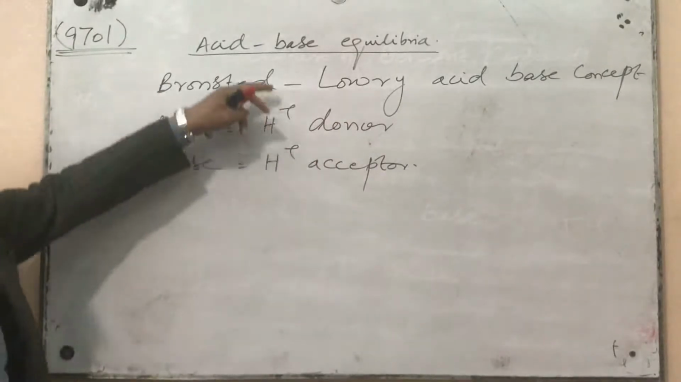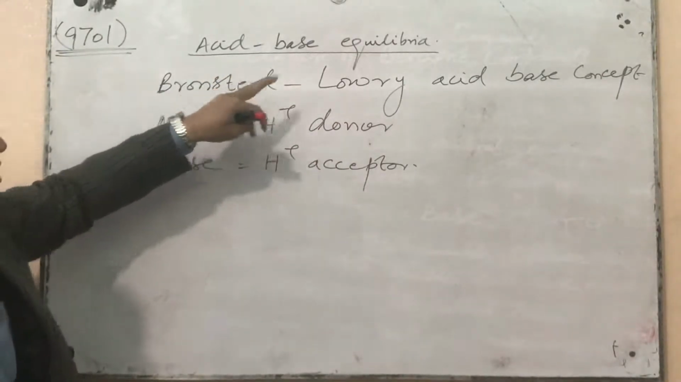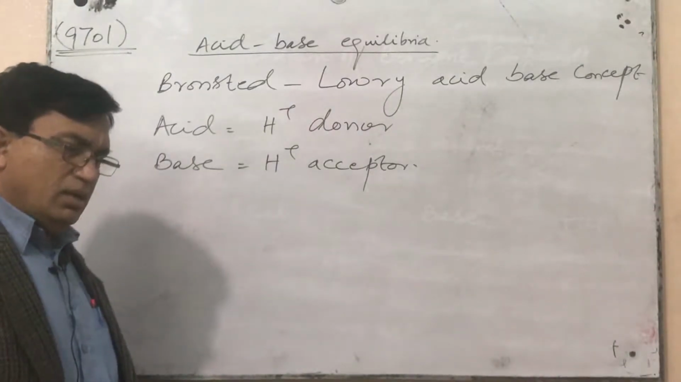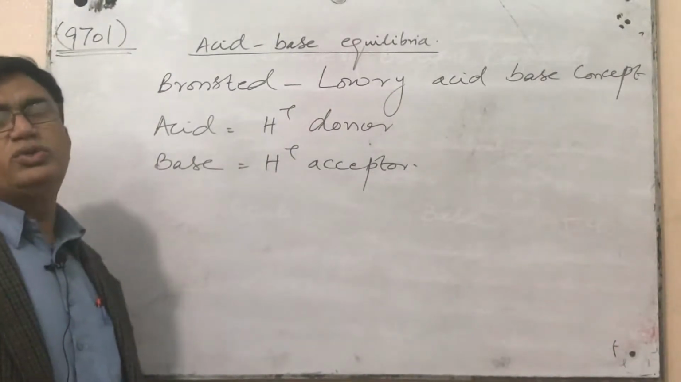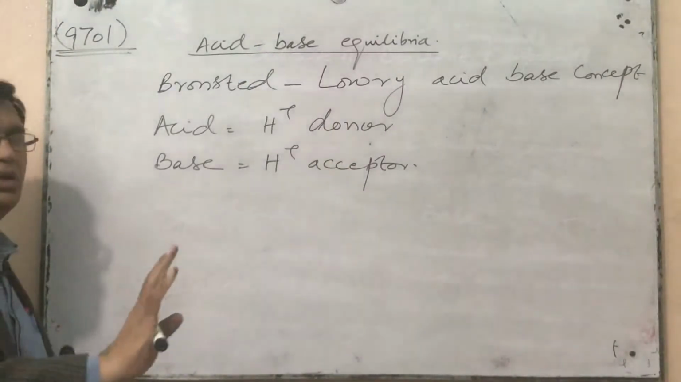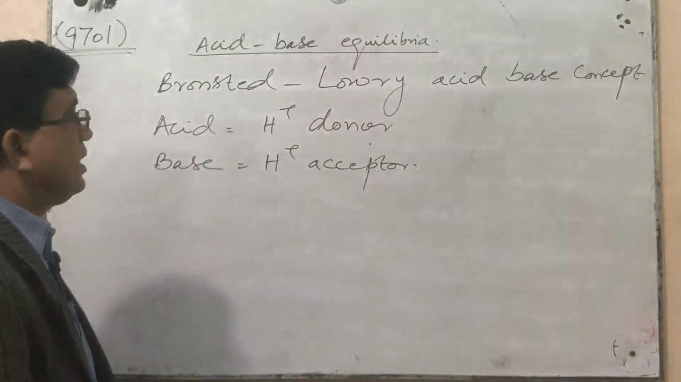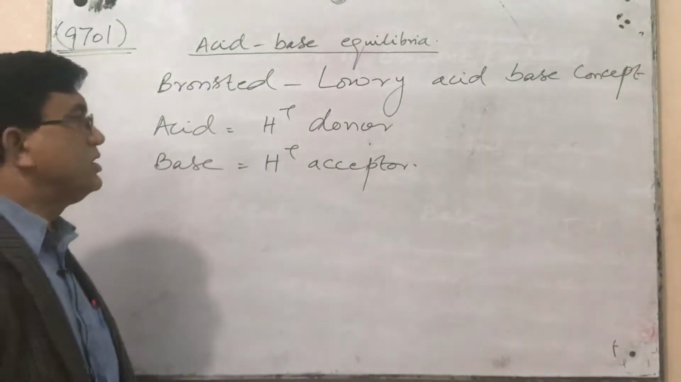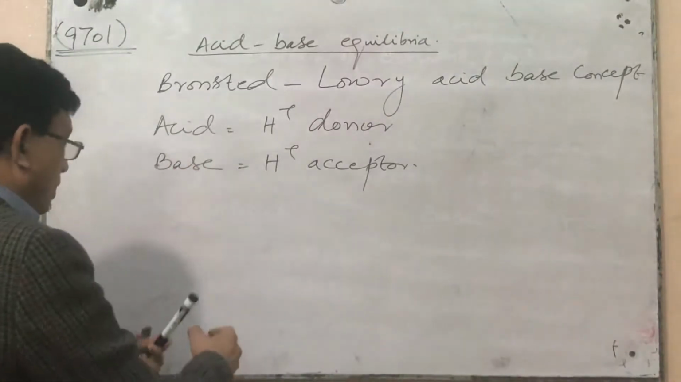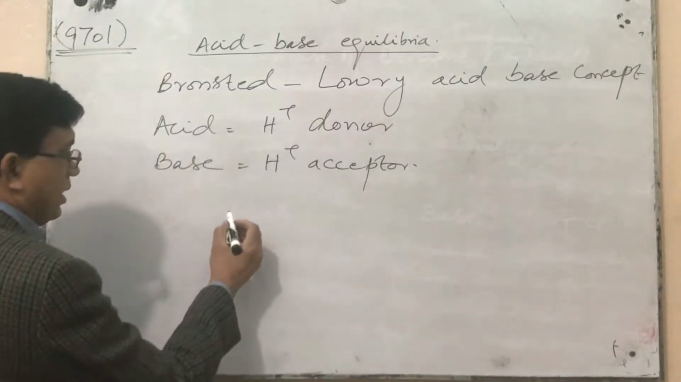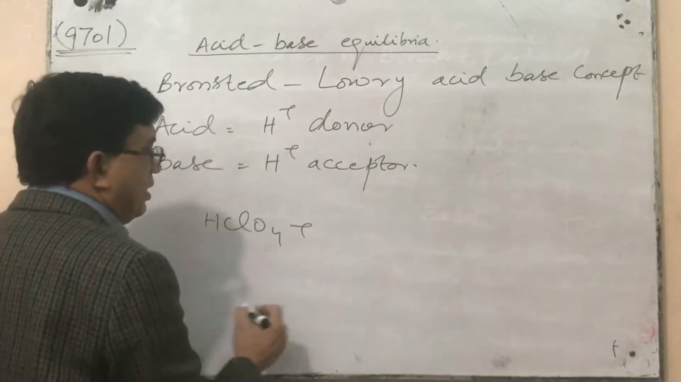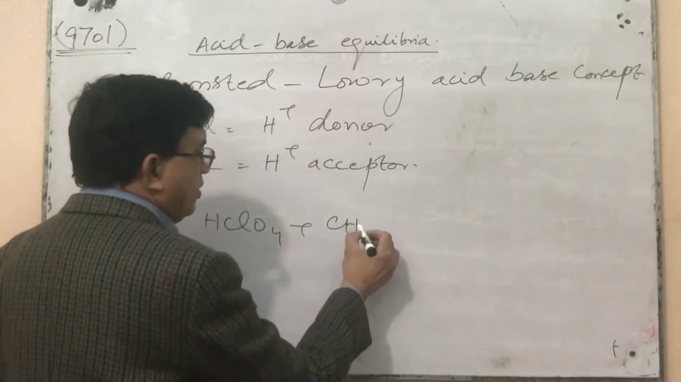In the Bronsted-Lowry acid-base concept, we don't always use aqueous solutions. It is observed just which substances are proton donors and which substances are proton acceptors. For example, if we put HClO4 in ethanoic